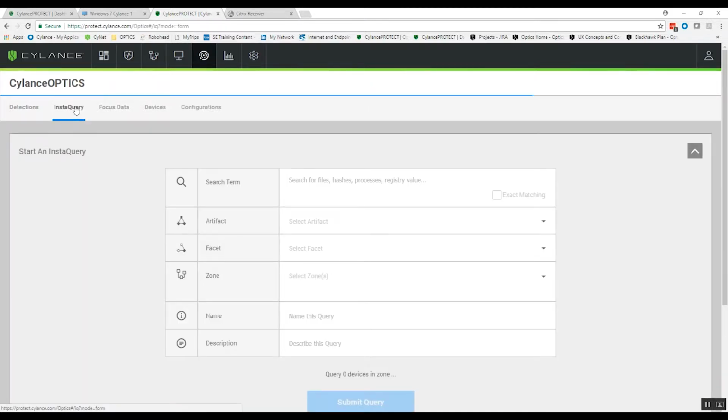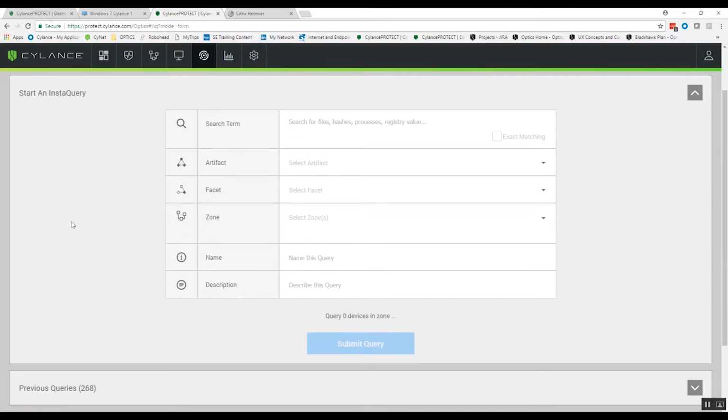So I'm going to access my InstaQuery tab, and this is our very simple threat hunting user interface. One of the problems with a lot of the other products available in the market today is they're really designed for expert users. And we know that experts are at a premium. If you do have experts in your organization, you're one of the lucky ones. They're very difficult to find. So what we've done here is we've tried to really open up the ability for virtually anyone to do some